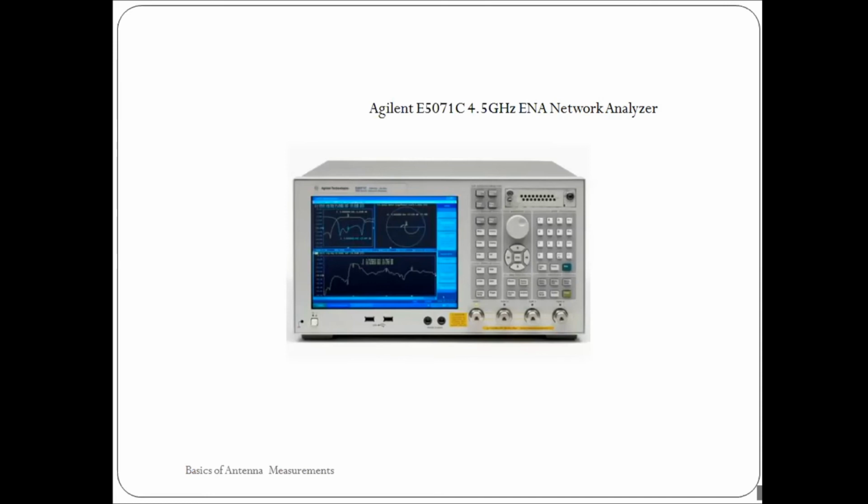So as a part of the work, you can design, construct, simulate, fabricate, and test the antenna with the help of the network analyzer. For the radiation pattern measurement, the directivity study, the actual directivity of the material, you can select any anechoic chamber, go for the measurement, and the radiation pattern can be studied. And a single antenna can be measured with the help of the network analyzer. But with the help of, excuse me,